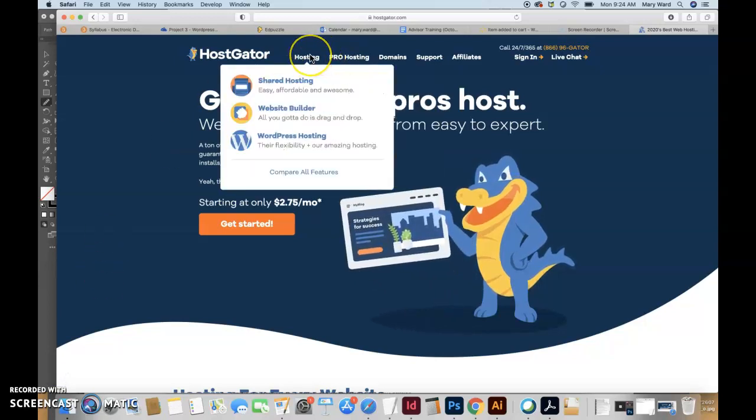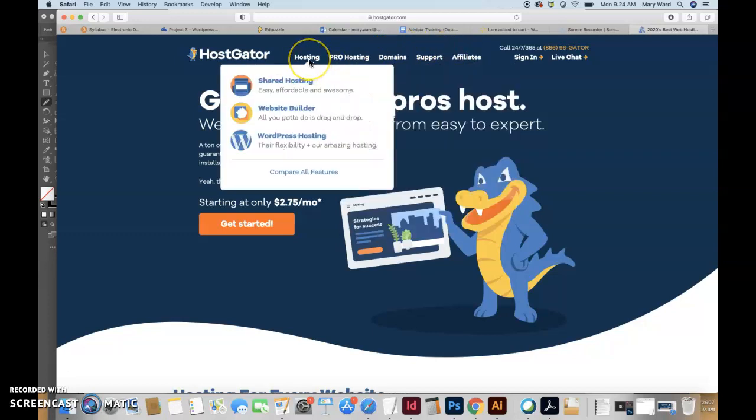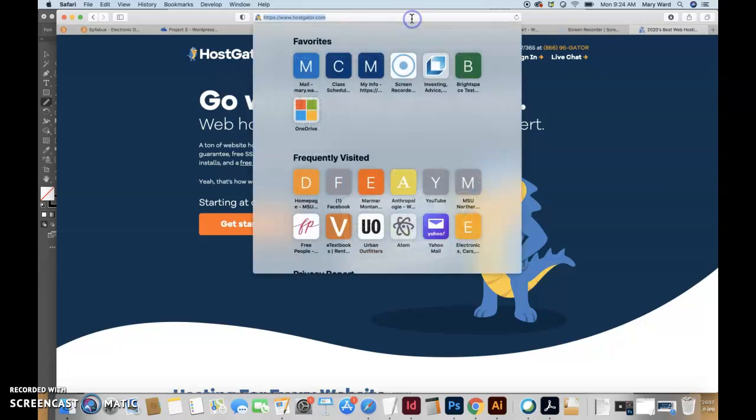So there's a couple different places we could go. We're actually going to probably go into hosting. They kind of changed their menu a little bit. You would think you would go to WordPress hosting, but it actually has a lot of extra stuff in it, and it's more expensive than the thing that we actually want to use. So let's just actually go to